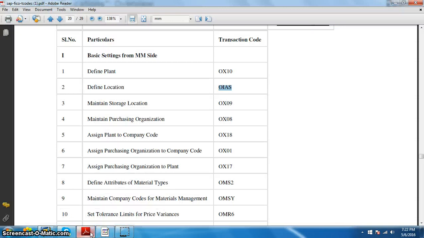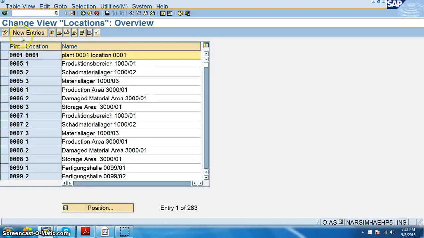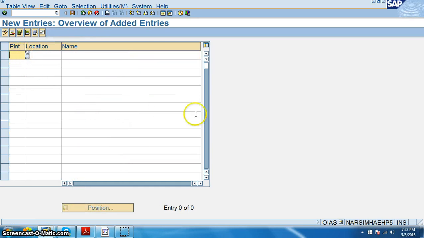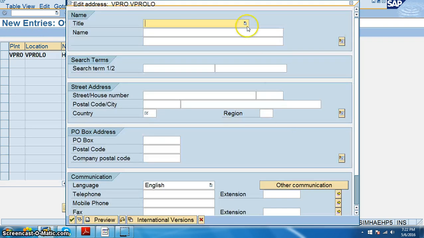So in OIAS we have to go for new entries, and the plant name is VPRO, location is VPRO LO, local storage location. Then we have to give the storage location details also.